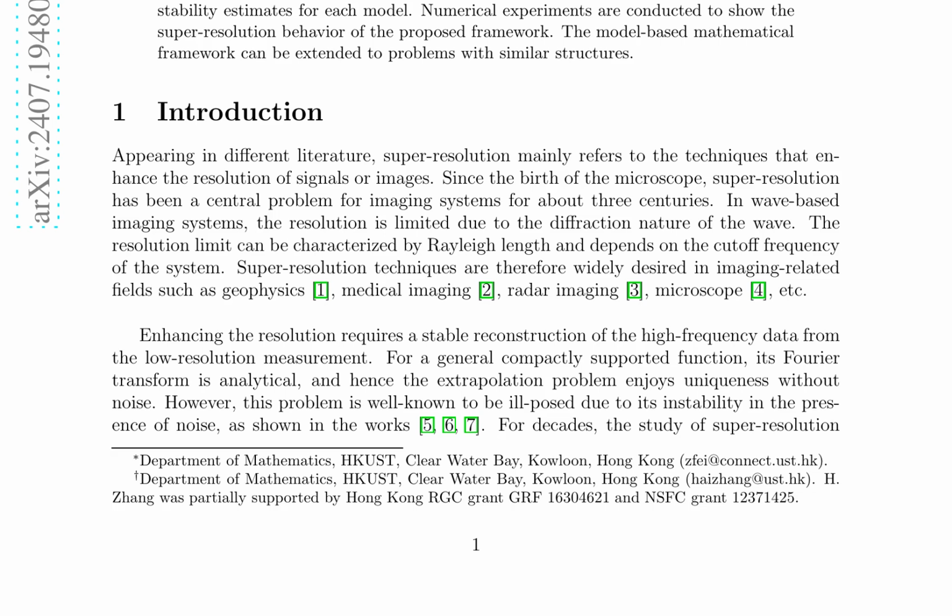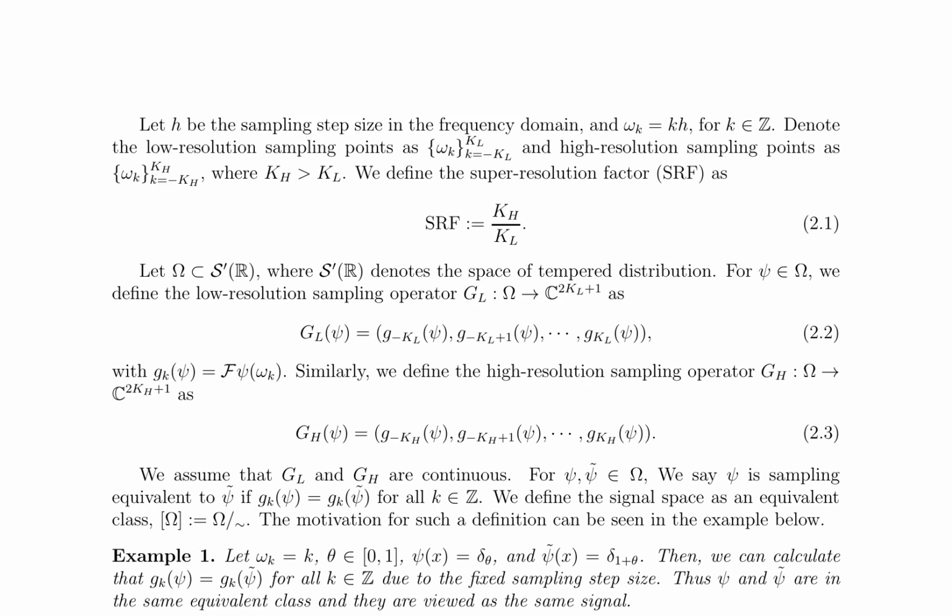points. The signal space is defined as an equivalence class, where two signals are considered equivalent if they have the same sampling values. The low and high-resolution signal spaces are denoted as HL and HH, respectively, and a downsampling operator Q is defined to satisfy the commutative diagram in Figure 1. The goal of super-resolution is to find a resolution-enhancing map L that satisfies the condition L ∘ GL equals